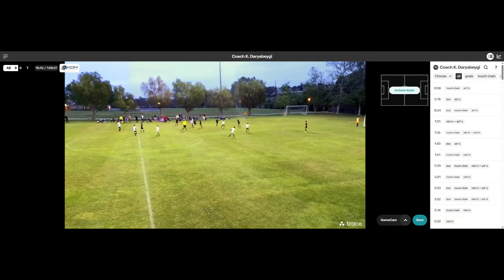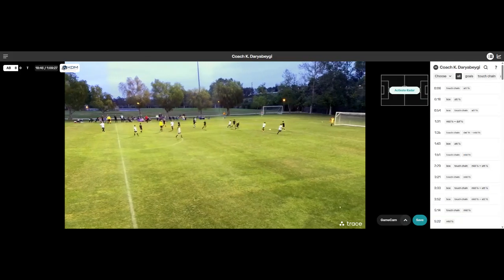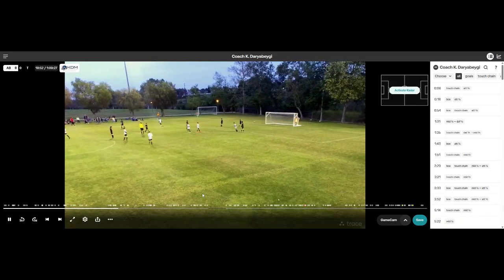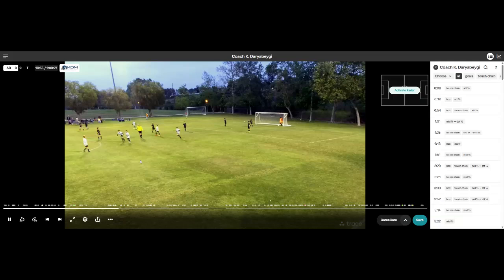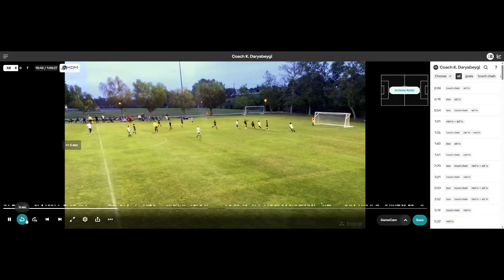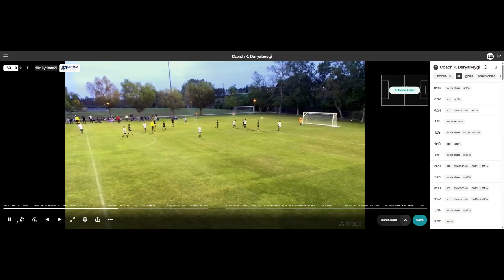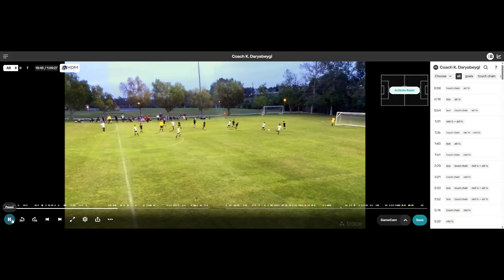Great job, Anwar, coming in and supporting. Nice. Oh, bad touch. Nice, Ryan. Good goal there. But again, ideally, go back here. One touch here. One touch there. Again, if we are working on our first touches, that first touch should have been really in your possession, Freddie. You should control it and keep the ball to yourself,